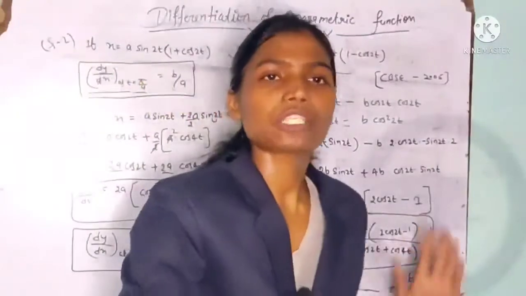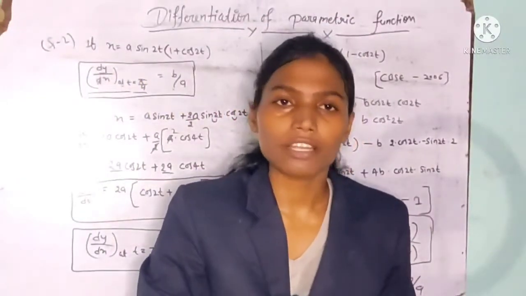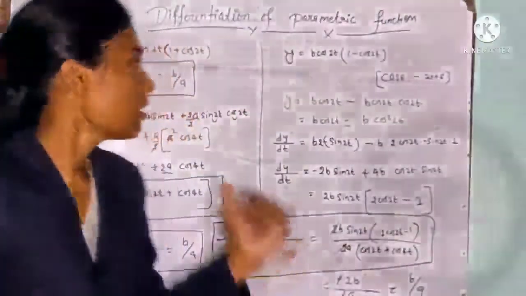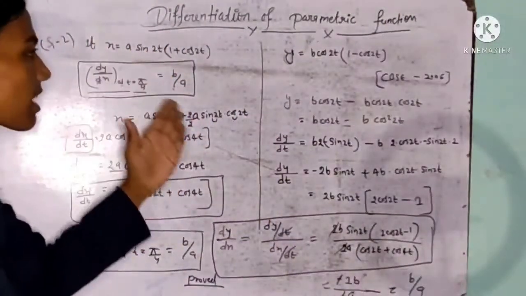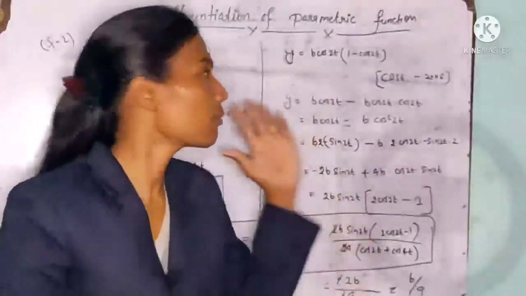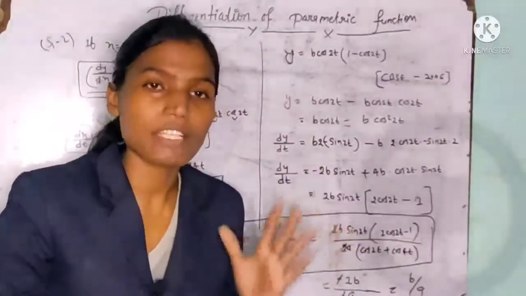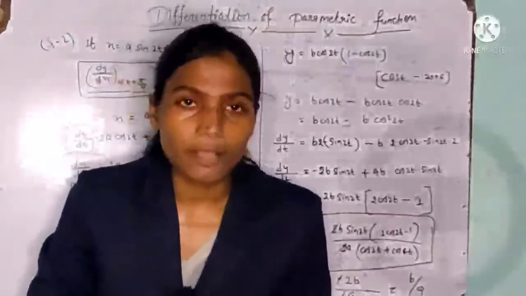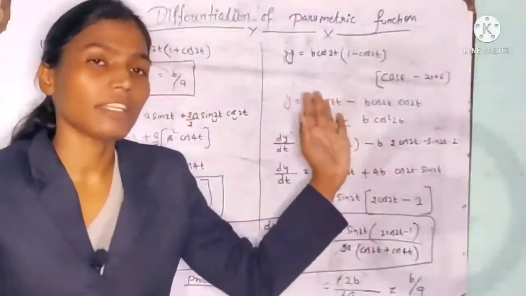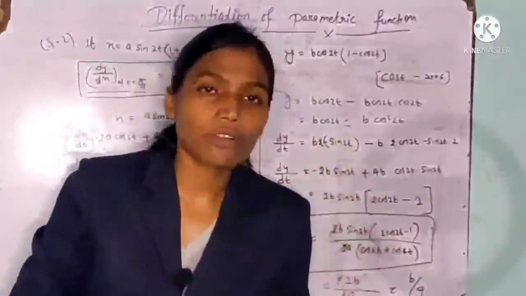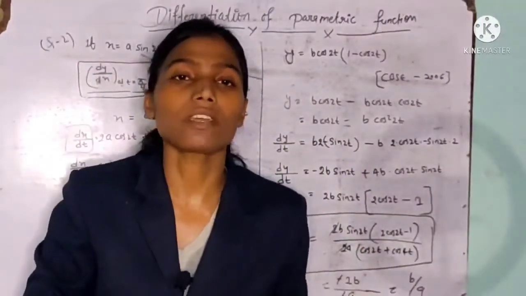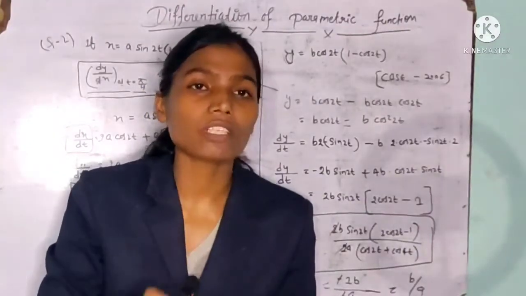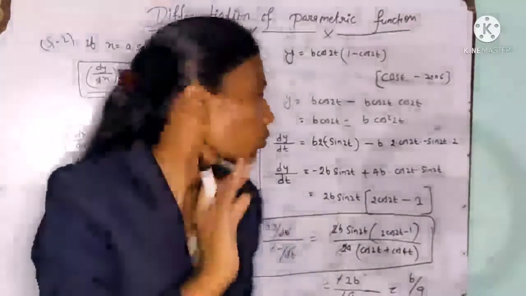So again I am going to explain these functions, then you can finally understand clearly. Now see, so let's see, what is that? Given function x is given, y is given, like two different functions are given, but their variable is same. So what is that variable? T. So first figure out what is the variable, then differentiate both functions with respect to the same variable.